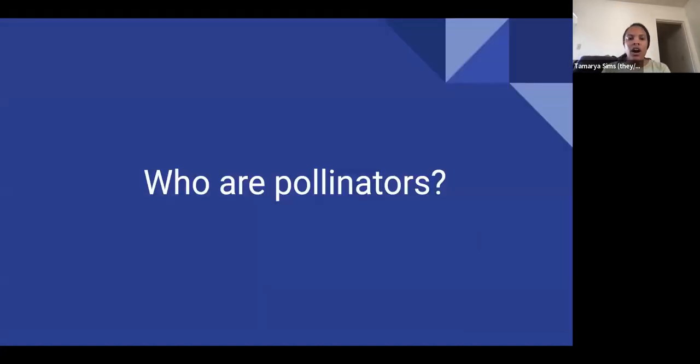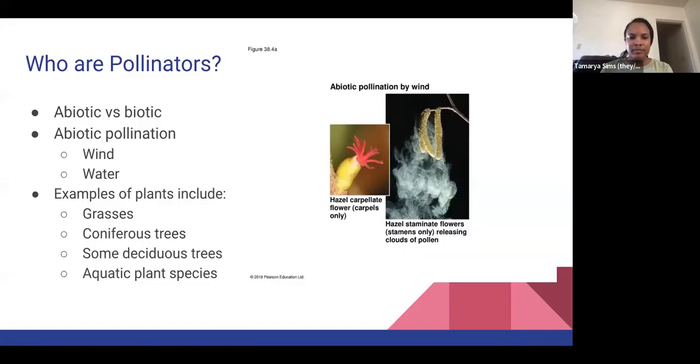So who are our pollinators? Pollination includes abiotic pollinators and biotic pollinators. Abiotic means that it is not living, so that consists of water and wind. And we can see on this picture to the right what wind pollination, or abiotic pollination by wind, can look like. So wind hits a